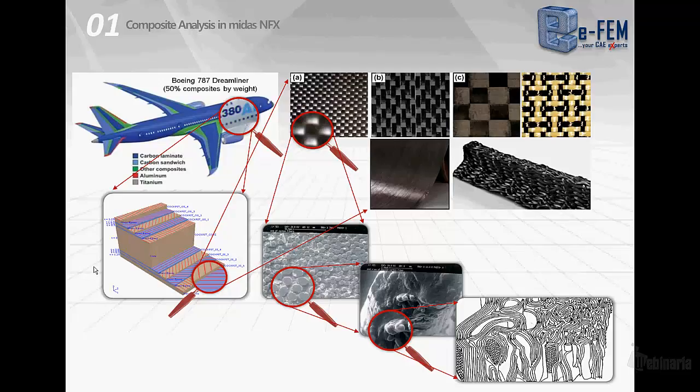If we consider the laminas, we can have different kinds of laminate materials. For example, we have unidirectional materials that are made of fibers all aligned together along a principal direction, and we can also have textiles or woven materials that are made of tows of fibers that are woven together with different architectures. With the term architecture, we mean the way the single tows of the material are woven together,